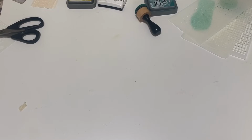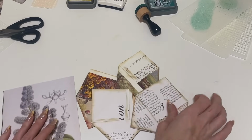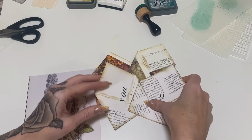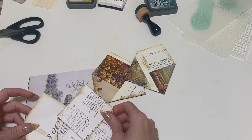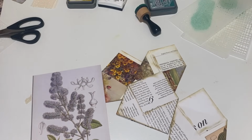These are really cute. Number 3 is our faux envelopes. So I have quite a few here, actually. Okay, so for these ones, I'm trying to think here. I think that these would be fun. I kind of like them how they are. However,